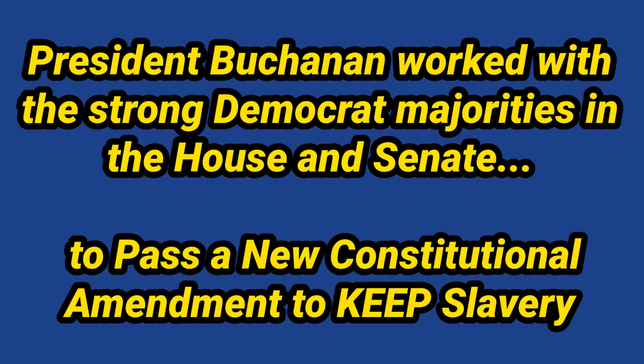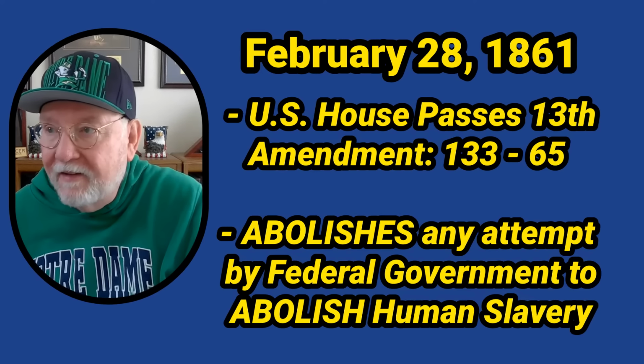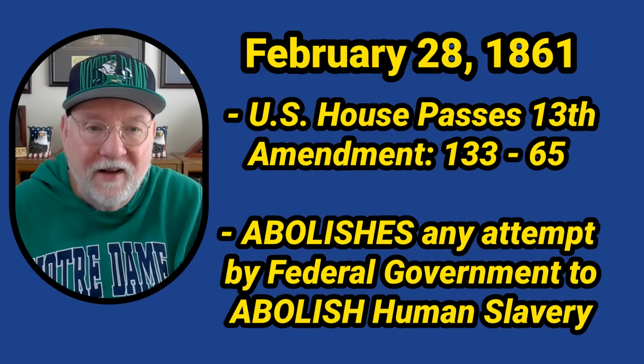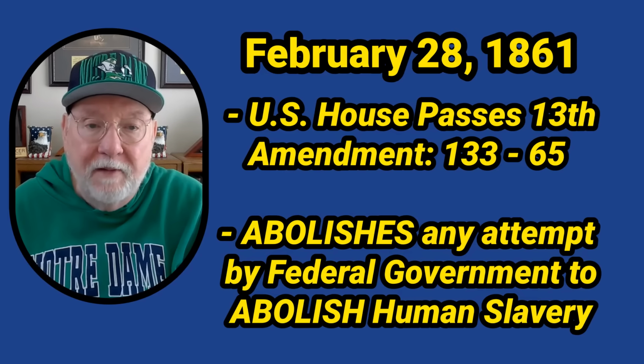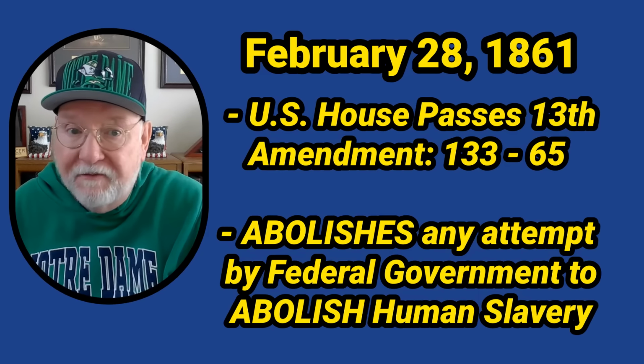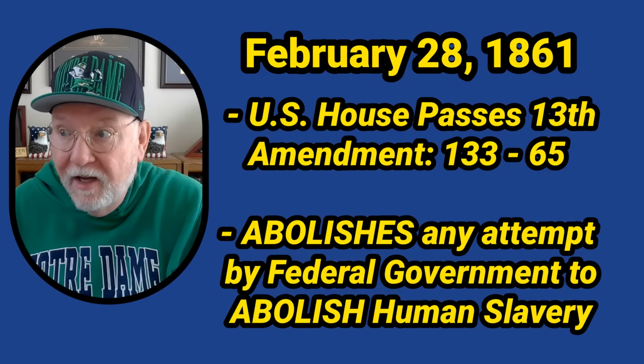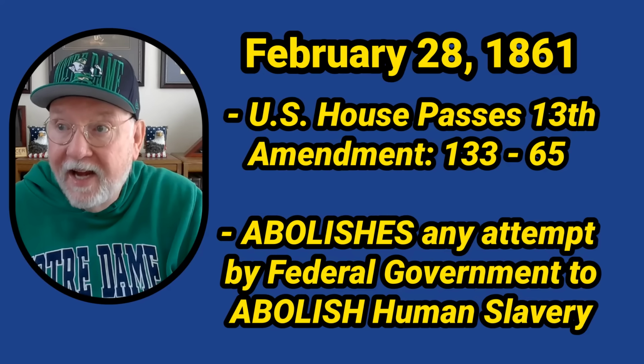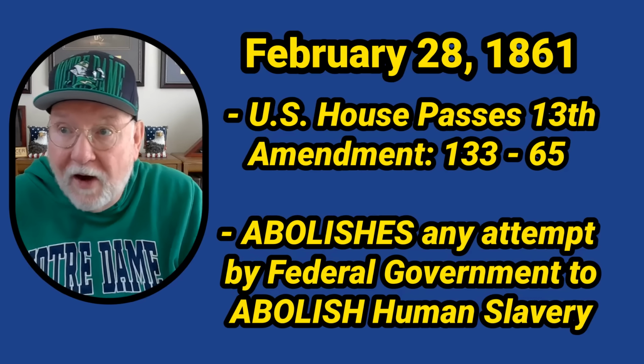As before, the 11 Democrat states left to form the Confederacy. So they still had strong majorities in the House and Senate. And on February 28th, the last day of February, the United States House had passed an amendment by a vote of 133 to 65 for just that, an amendment to abolish any future attempt by the federal government to abolish